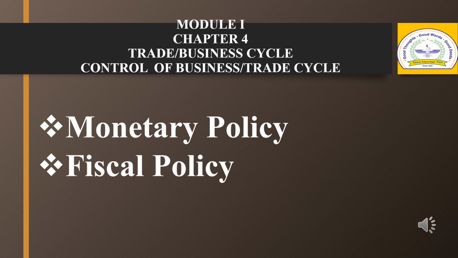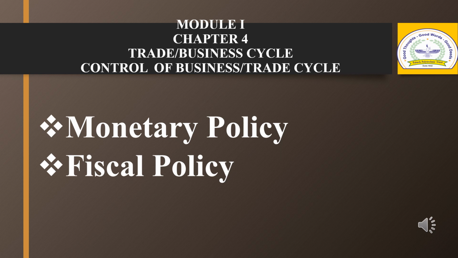Now I am going to explain the control of the trade cycle or business cycle, where a trade cycle not only harms business activity but also human beings by creating unemployment and poverty. Therefore, stabilizing the economy is important to prevent such harmful effects. Stabilization broadly means preventing the extremes of ups and downs in the economy without preventing the possibility of economic growth. The two most important and widely used economic policies to achieve economic stability are monetary policy and fiscal policy.